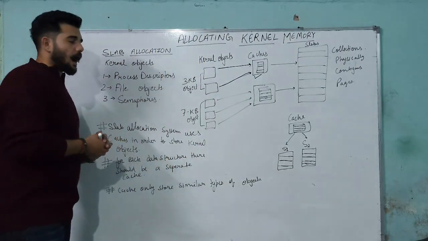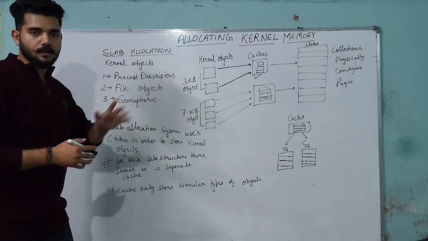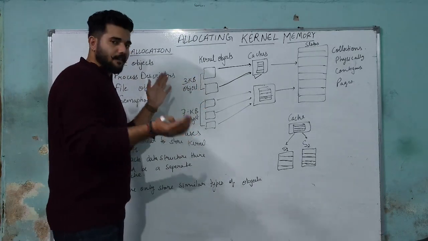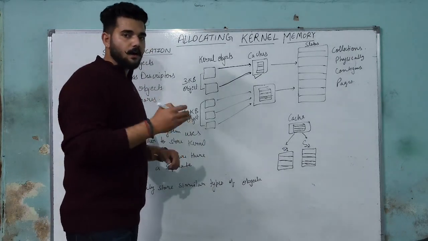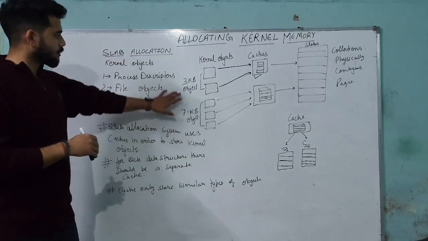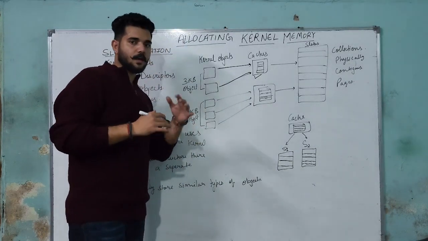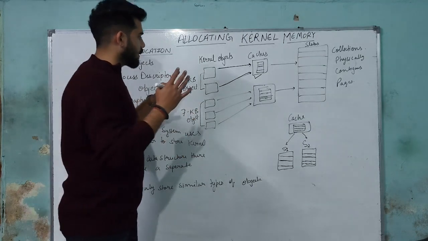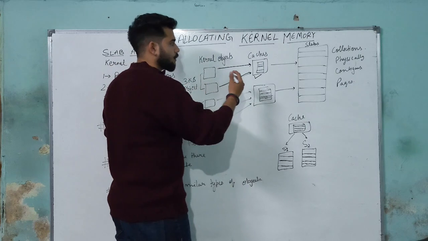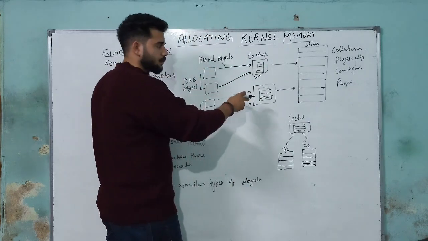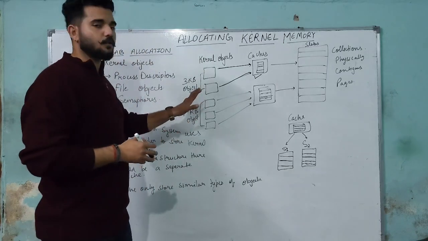Okay. Now how are we going to store the objects in the cache? Say we get a request from the front end side to allocate a kernel object of 3 kb. The algorithm is going to search for memory which is empty in the cache. If 3 kb is empty in the cache, in the contiguous pages or slabs, it is going to store it there. And if it is filled, it is not going to store it.